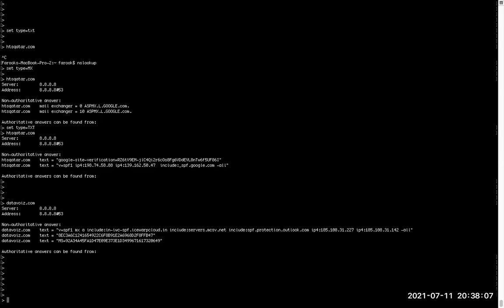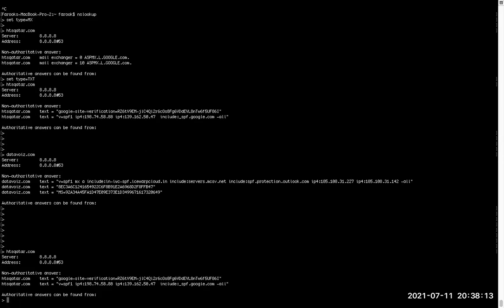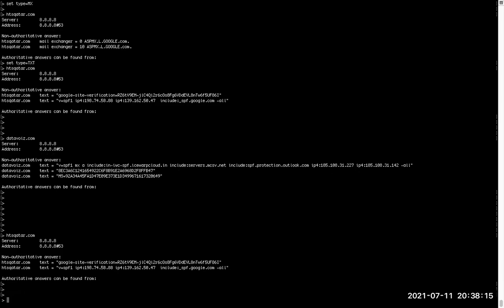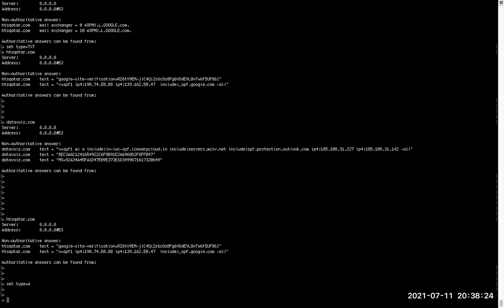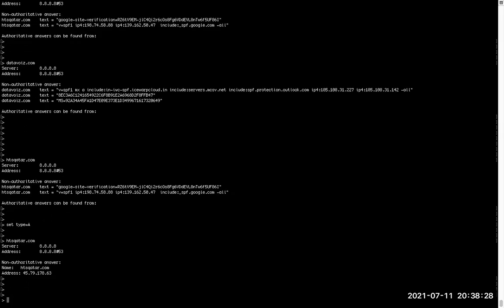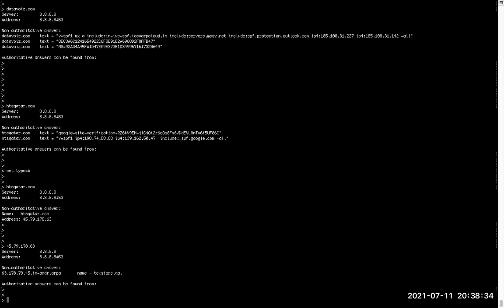Let's say you have an IP. This is when you are typing a name here and it's throwing an IP. Okay, sorry, I'm changing the set. Set type is equal to A. Okay, here it's throwing an IP, right? So if you type this IP here instead of this, it will give you a name. Okay, it's given a different name.